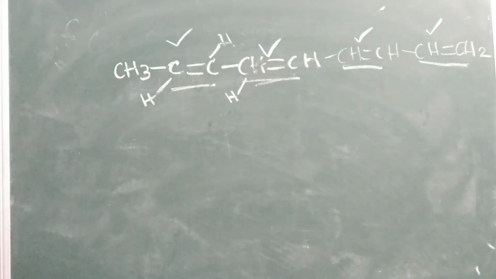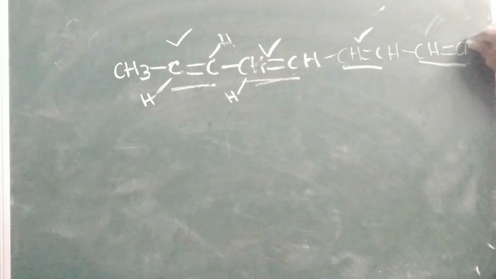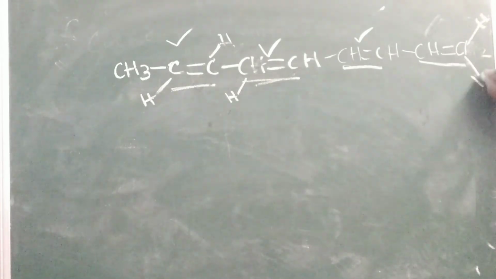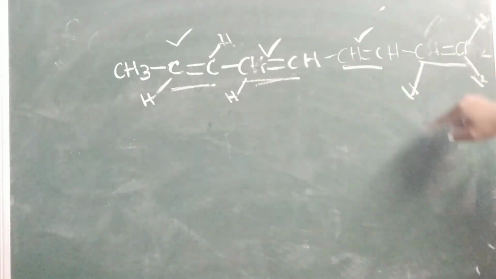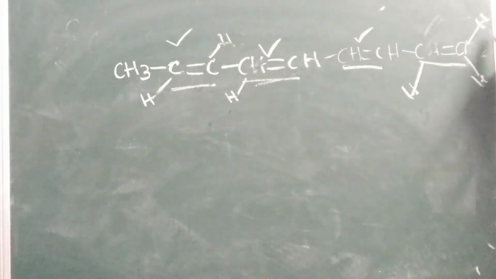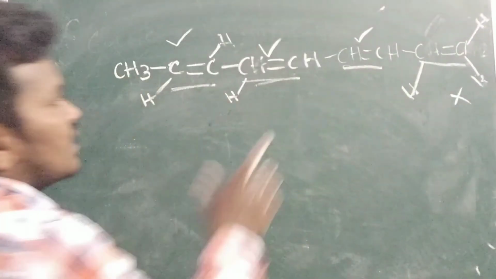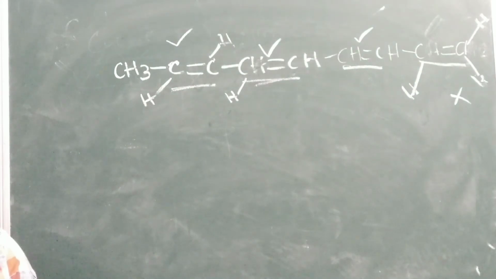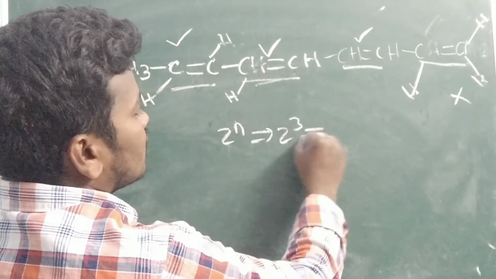Same type of the group should not be presented. Only one side you can exhibit it. So here you can see is it exhibited. Here hydrogen, here hydrogen. Here hydrogen will be there. Of course, this hydrogen belongs to this one. It is not exhibiting, no? It is not exhibiting because same groups are presented. So how many sets it is exhibiting? 3. So n value is nothing but the 3. Total geometrical isomer 2 power of 3 is equal 8.